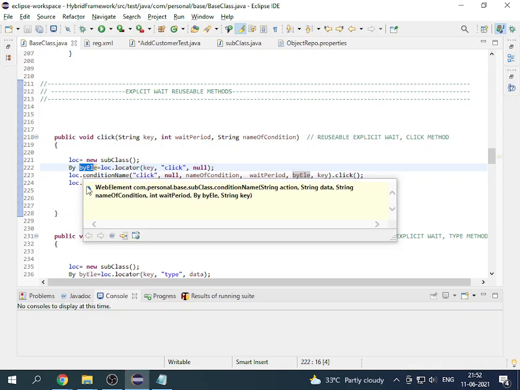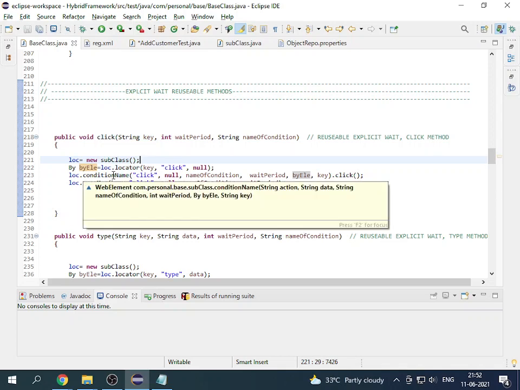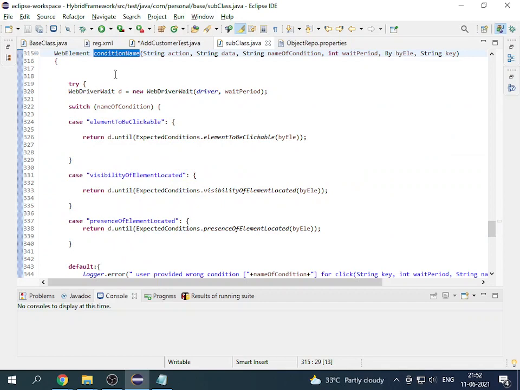You might be thinking that I'm using a lot of these conditions, but this is my first attempt at writing the framework, so I might have messed up a thing or two. But with the proper education in this, I might be able to write very proper code. So locate to the condition name, it will go over here and ask what is the name of the condition. The name of the condition was visibility of element.